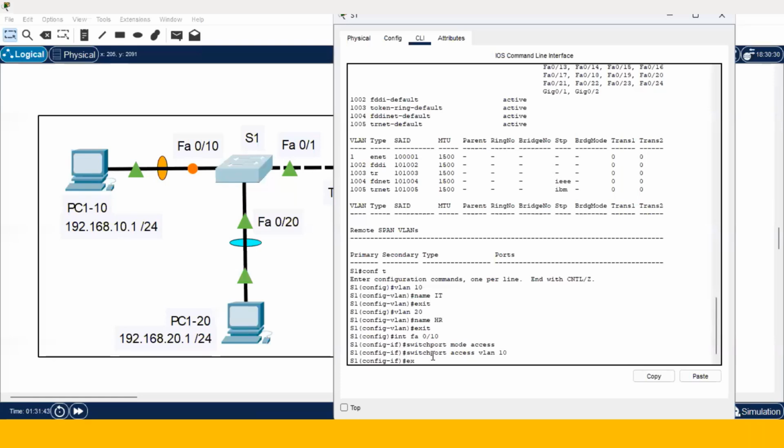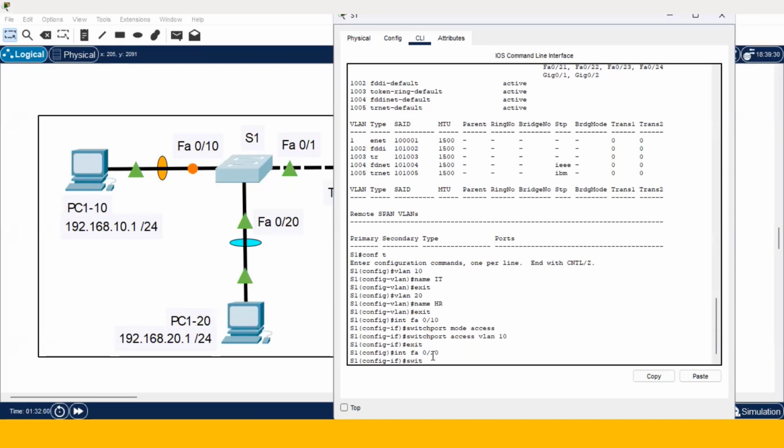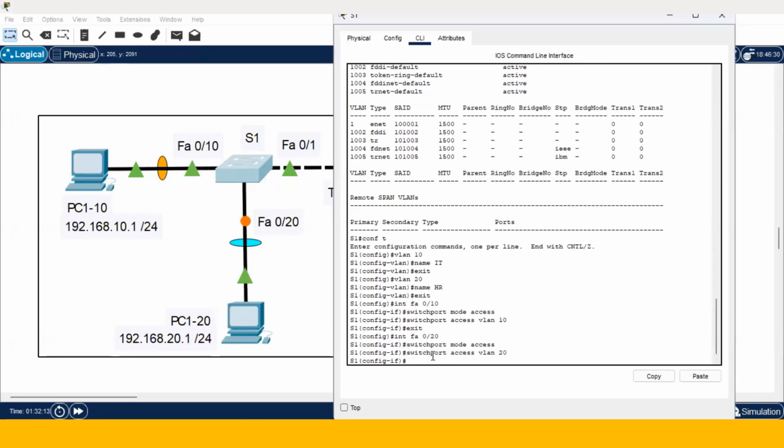That's it. I'm going to do the same thing for FA0/20 by placing it in VLAN 20. So I'm going to access interface FA0/20, switchport mode access, switchport access VLAN 20, and